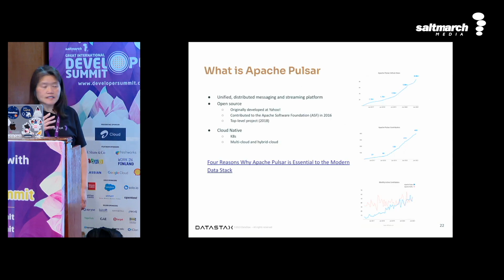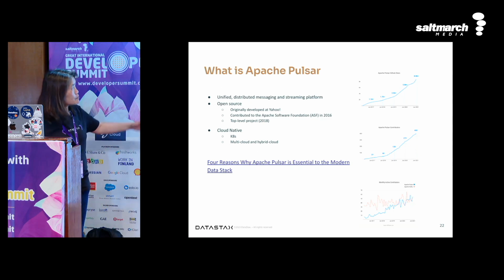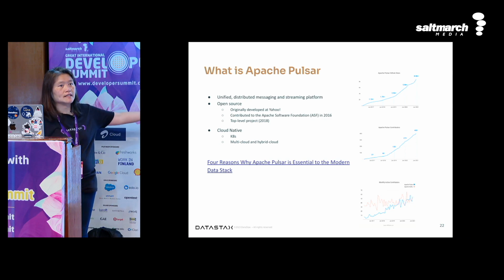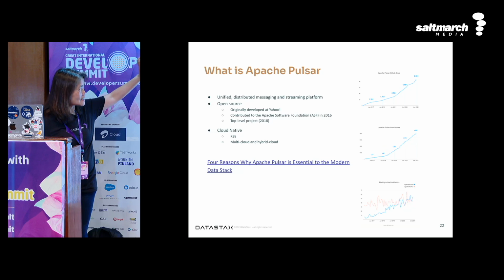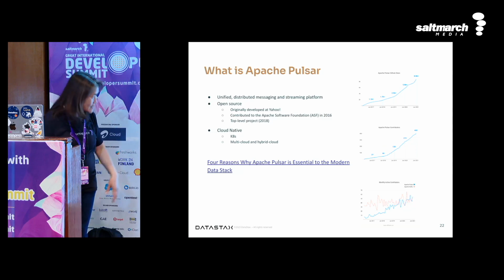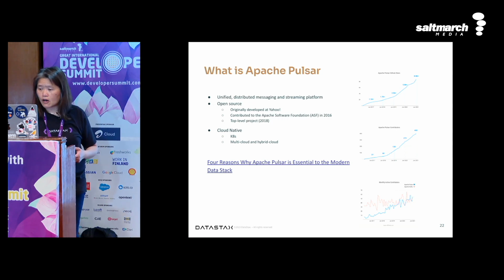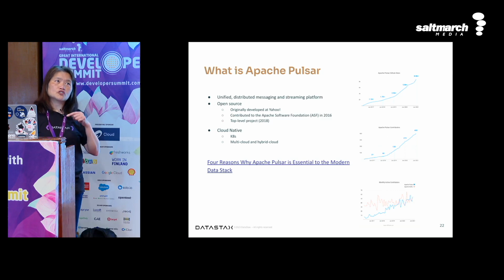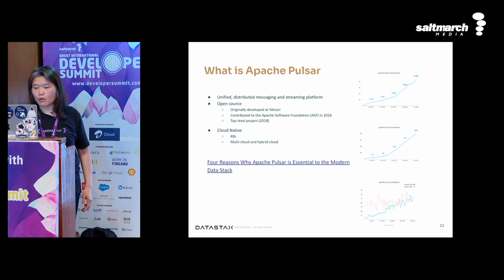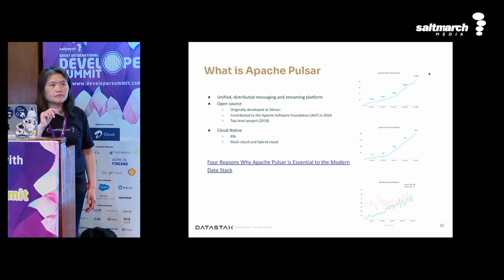Okay. This one is just showing you that Apache Pulsar is gaining in popularity. If you go to the project on GitHub, the number of GitHub stars keeps rising. The number of contributors also keeps rising. And in 2021, that was the latest statistics, almost 2 years ago in June, the number of contributors even outpaced that of Kafka contributors. So people are recognizing its importance. And also in 2022, it's one of the top 5 projects too. Yes, quite recently. So it is becoming an important project.